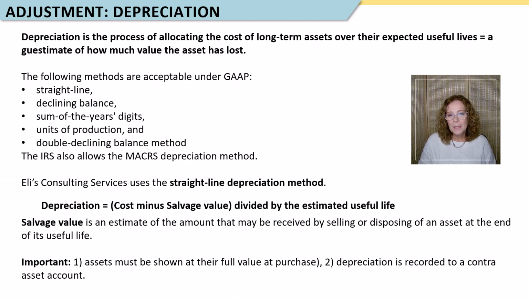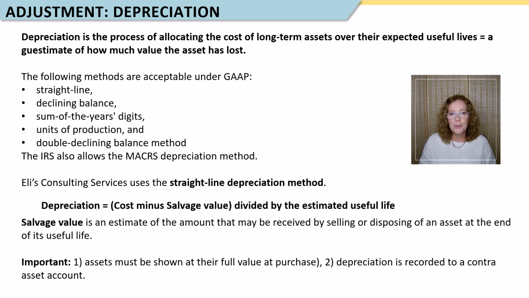The next adjustment is for depreciation. What is depreciation? It's the process of estimating how much the company's assets have lost in value month over month and year over year. It's not that different from supplies that were used up and expired prepaid rent. You just estimate the amount that's been used up.